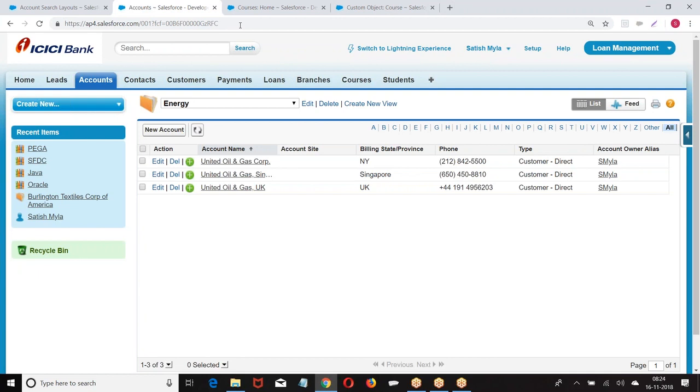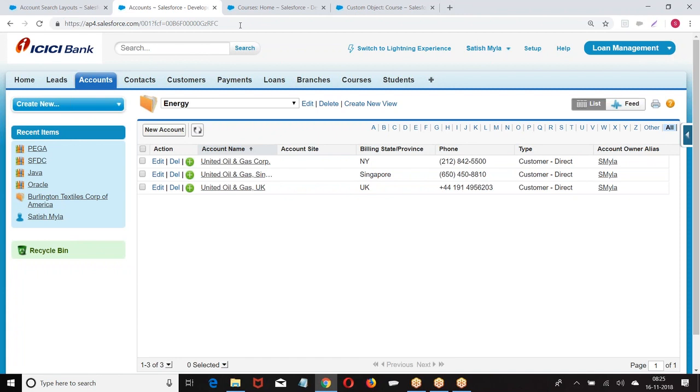When you search for any keyword, and it is found in the account table, which fields of the account record should be displayed? When you click on that tab, which fields should be displayed? When you are using this on a mobile phone, which fields should be displayed? When you are using this as a master detail or a lookup, which fields should be displayed? Or next, on the list view page, which fields should be displayed? This is controlled with the search layout.